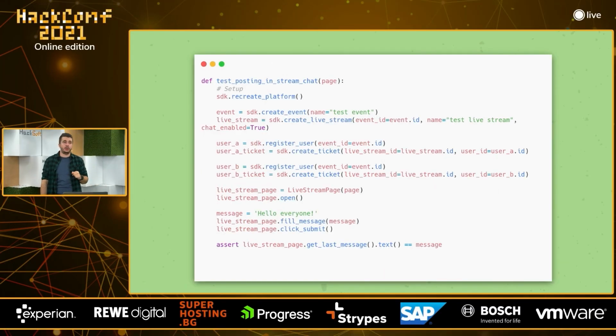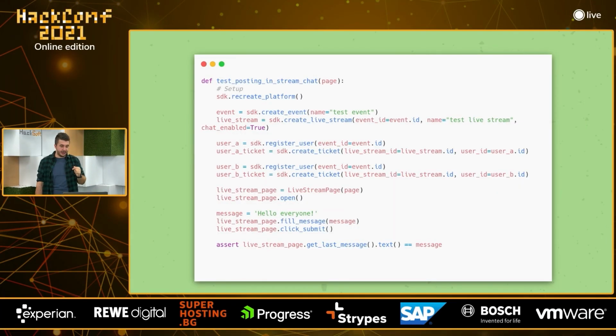So how are we going to do these setups? For sure, we don't want these setups to be a part of the tests, because they are just random noise that we don't need. We need to focus on the important part, that is typing in the chat, hitting enter, and then the message should appear and everyone else should receive it. But the setup is the thing that takes most of the time. Even when you're testing manually, like 90% of the time for running a test goes to setting up everything, setting up the correct state of the database and the integrations and everything in order to execute your test.